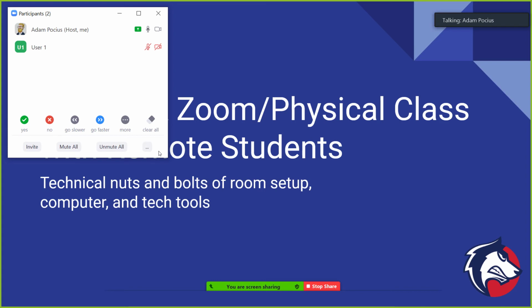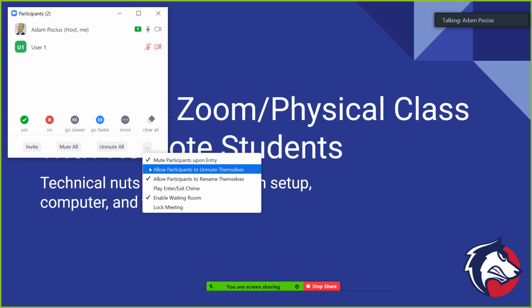That's actually a big one for presentation modes if you're not going to be monitoring the chat and you don't want interruptions as you're going through. So that's always down in this area here. So you can just have all the participants muted automatically on entry,